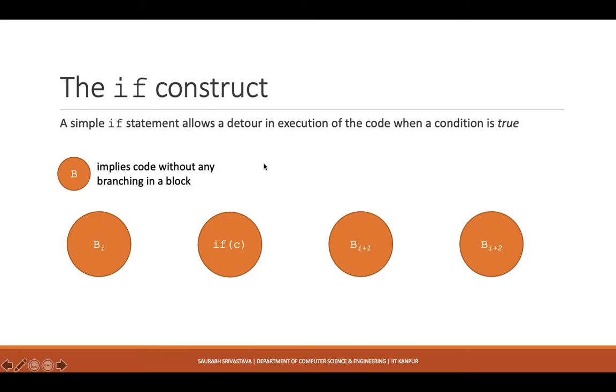So a simple way to understand it is something like this. Let us say your code comprises code blocks, okay, and a particular bi here shows a set of statements which do not have any conditionals in between, right? So if we go back to the first program that we have created, there are no branching statements at all. So basically the whole of the program is just one bi. But here what I'm saying is that let us say there are some instructions in the code block, and then you have a branching instruction. This is the if instruction, and then you have some more instructions after that.